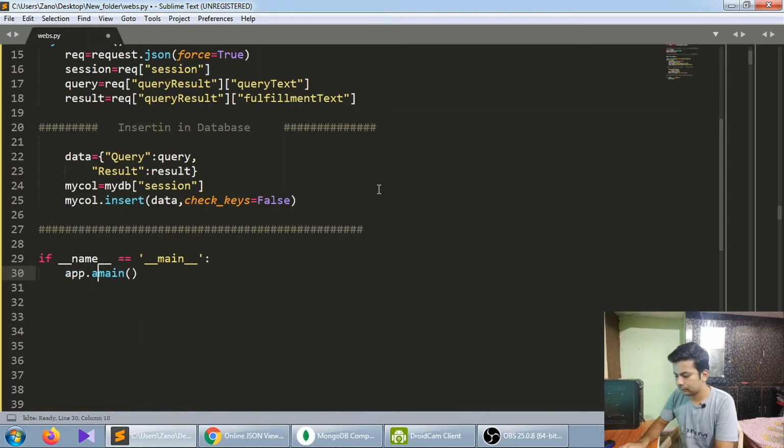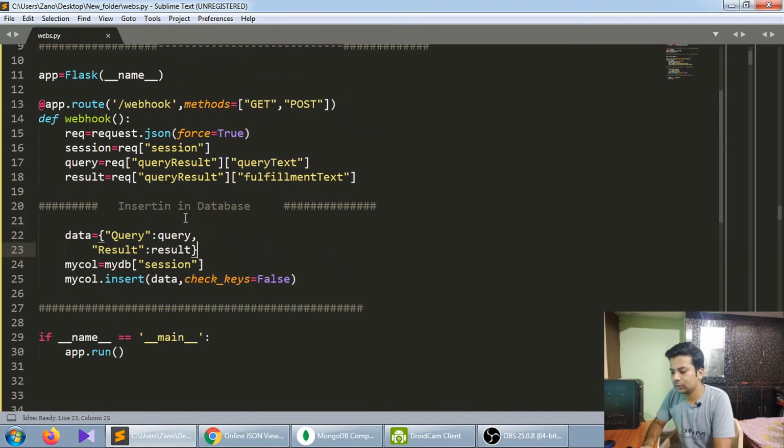App dot run. Now the big problem is that you have to make your server online. That's the only way Dialogflow will send requests. When you deploy, you'll get a URL or domain name.